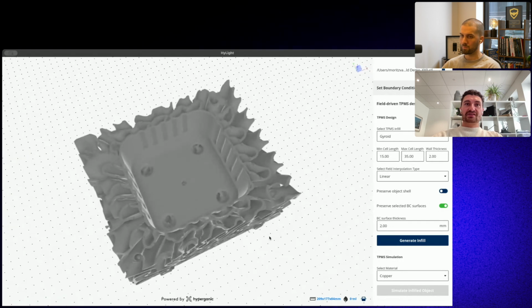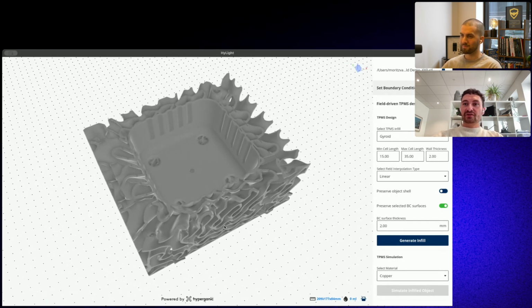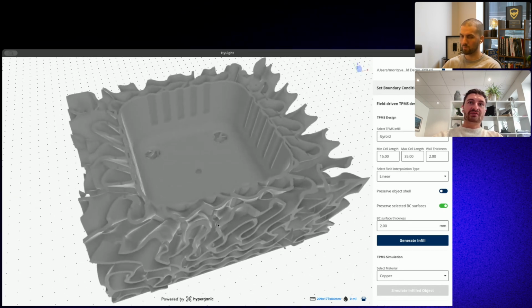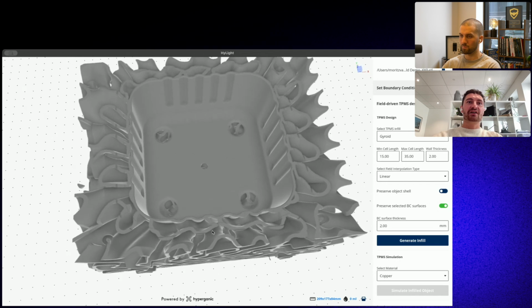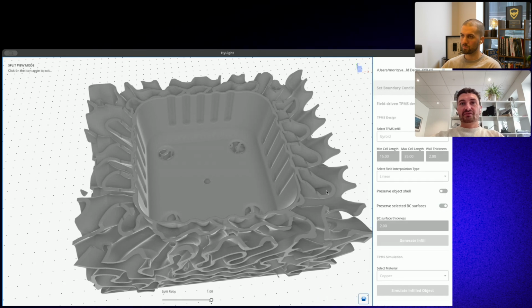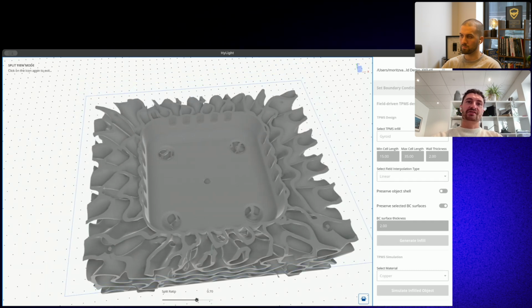So here you can see a mold, and I think this has also been part of the thumbnail. So now let's slice through this mold. I designed the gyroid here to be a little bit larger, of course, so that people on mobile devices would be able to see the structures better. So that's one of the design criteria that can be passed along. You can specify a min and maximum cell length, which of course has a direct influence on the weight and